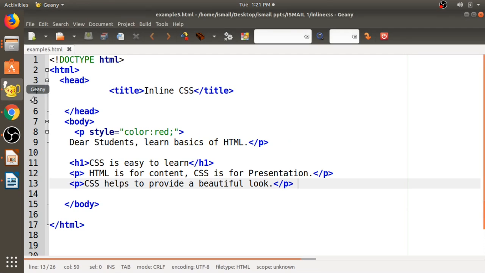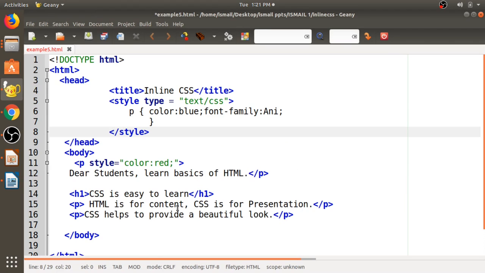Now add internal CSS to this file. How to add internal CSS? Using style tag under head section. Here we add internal CSS using style tag. Style type equals to text or CSS.